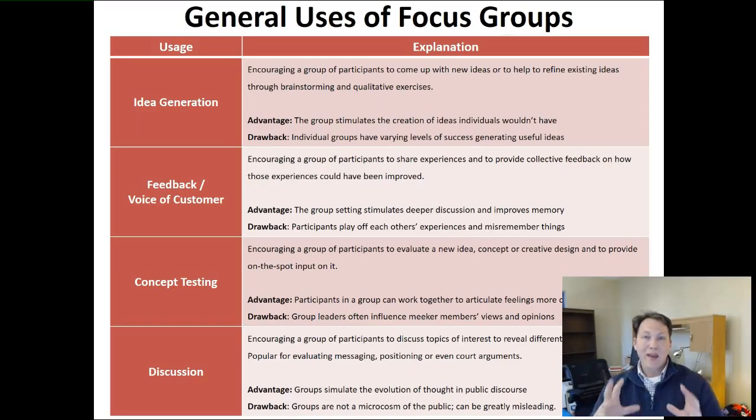The group setting encourages people to come up with ideas that as individuals they might not have, and it also helps them to refine those ideas a little bit because they're presenting them to a group of people and discussing them. But the drawback is that the validity and reliability of what you find through idea generation is really hard to measure. You basically have to decide whether or not you think the ideas are any good or not, because you're going to very rarely have 2 groups come up with the same idea unless it's a really general, obvious idea. So for idea generation focus groups, you really have to interpret your results, whether or not they're useful to you, either as a researcher or as a client organization.